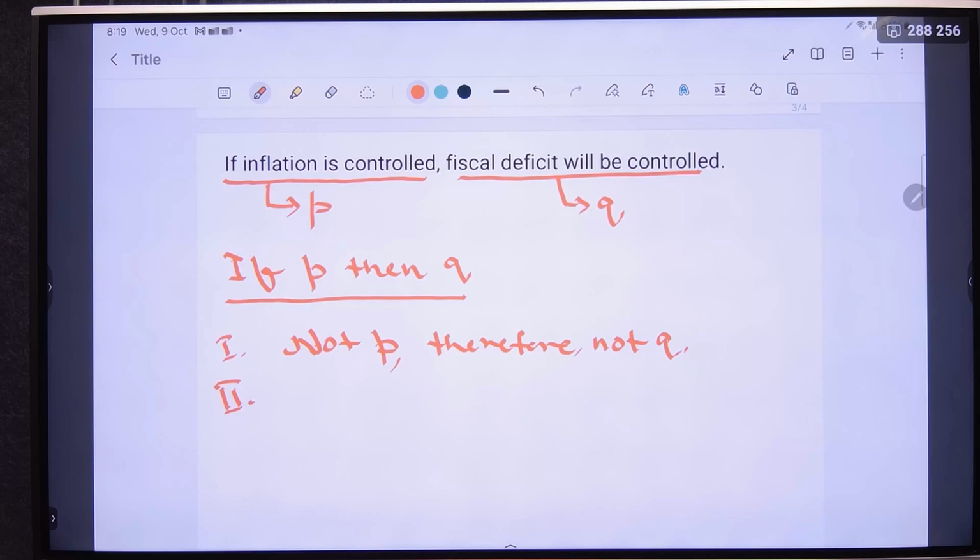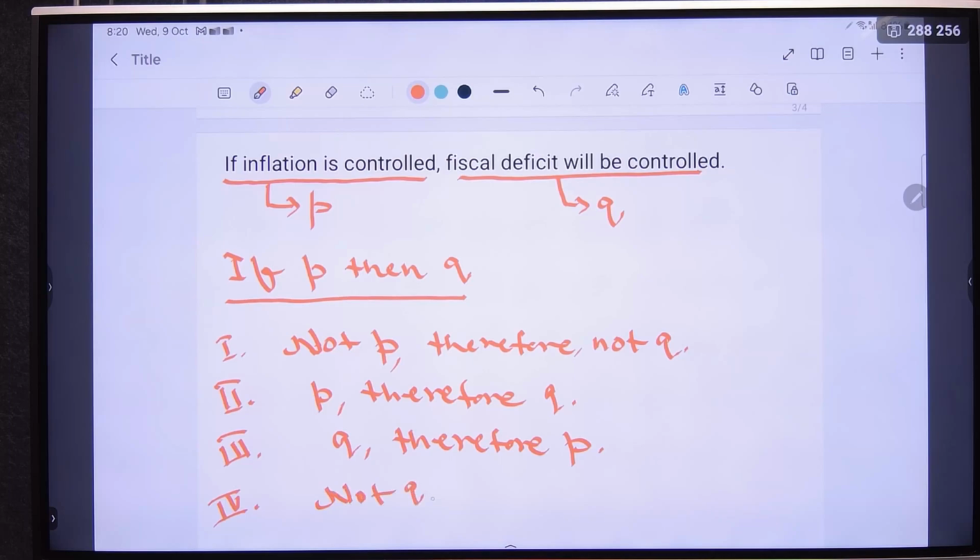The second one, P, therefore Q. Inflation is controlled, fiscal deficit will be controlled. Then let's go to 3. Q, therefore P. And the fourth one, not Q, therefore not P. Now scratch your brains and tell me, if we are given this statement, if inflation is controlled, fiscal deficit will be controlled,